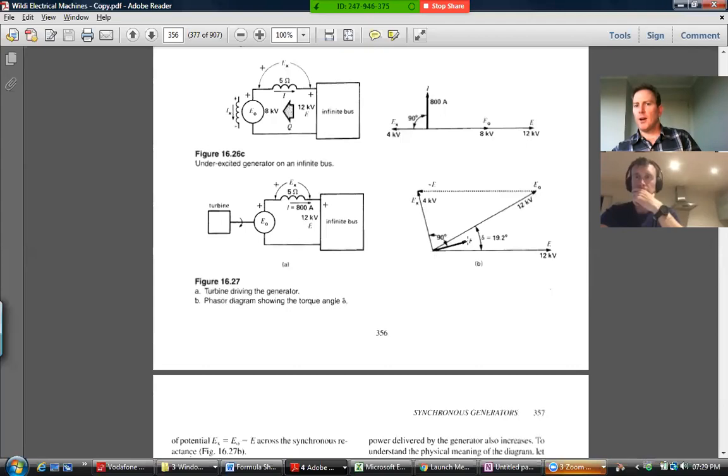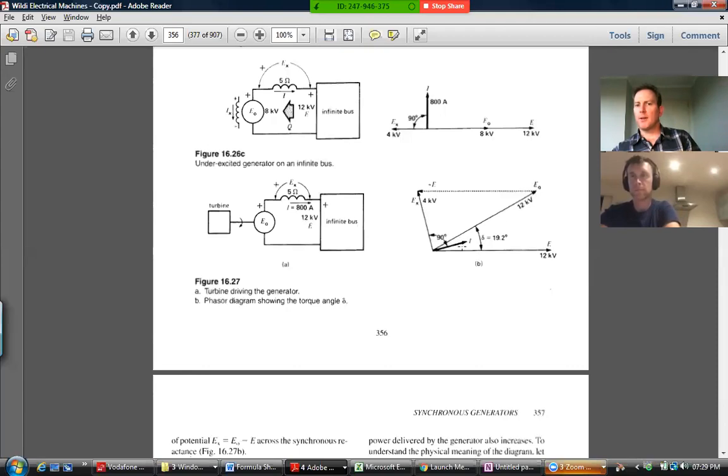And once you know where the current is, you can now see how much power and how much reactive power is delivered to the bus, the grid, because the cosine of that angle there between the grid voltage and the current that you're feeding into the grid